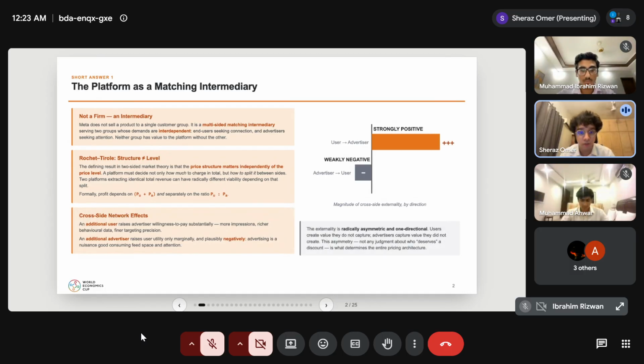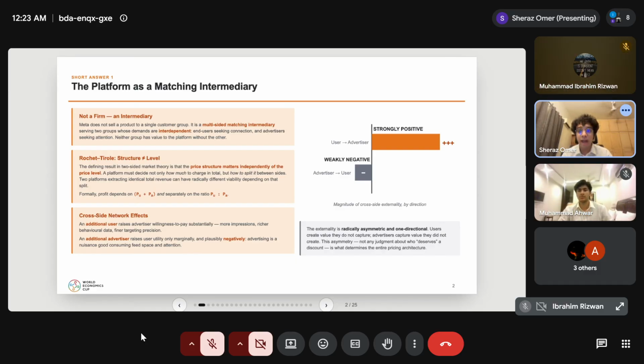The first short answer question asks who a platform such as Meta actually sells to. A common but inaccurate answer is that Meta sells to its users. In reality, Meta is a two-sided market, acting as an intermediary between users seeking connection and advertisers seeking access to user attention. As Rochet and Tirole showed, profitability depends on not only total revenue, but on how prices are allocated